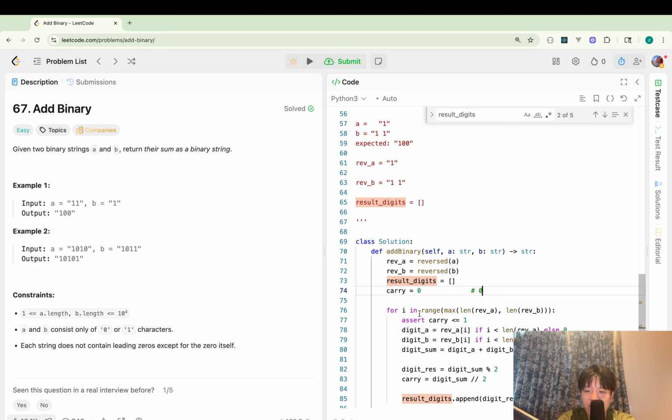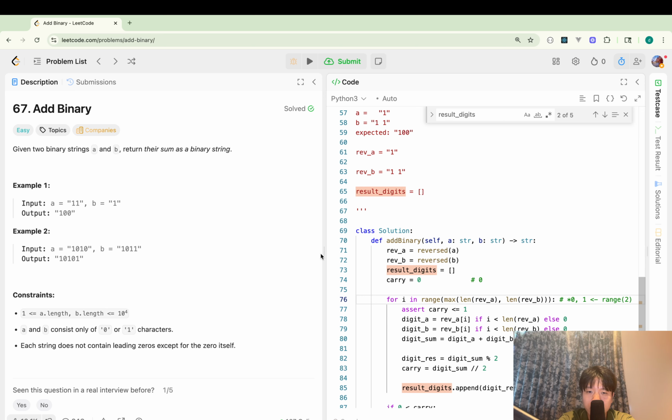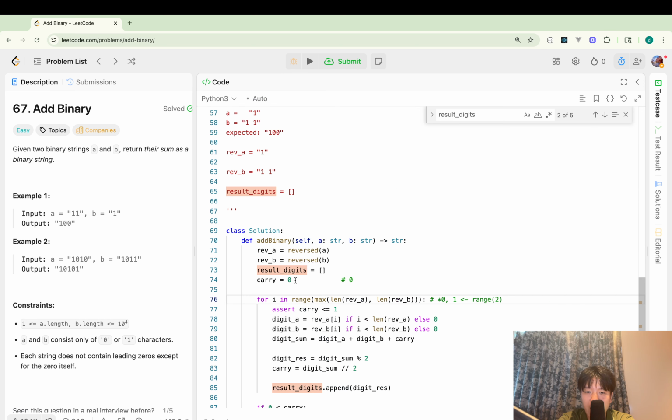So in line 76, length of reversed A and length of reversed B, the maximum should be 2, so it should be range 2. So I will check index 0 and index 1 in this for loop. When index is 0, first the carry is 0. Good. And in line 78, now I0 is less than